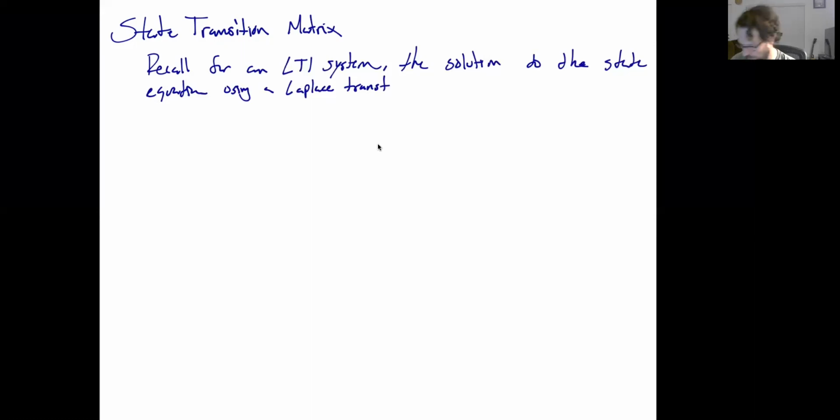Through this Laplace transform, which I denote as this calligraphic L, L of x dot is equal to the Laplacian of Ax plus Bu, which implies that